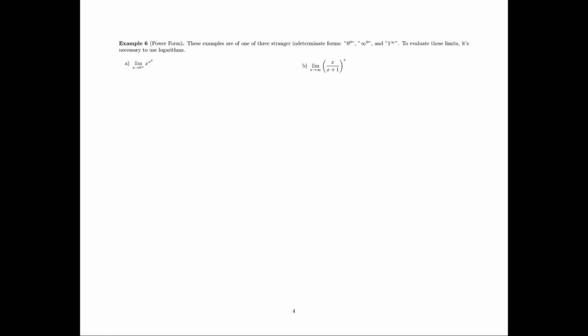All right, example 6, power form. These are the stranger indeterminate forms: 0 to the 0, infinity to the 0, 1 to the infinity. To do these, we're going to be using logarithms. So the big factor we're going to use in both of these